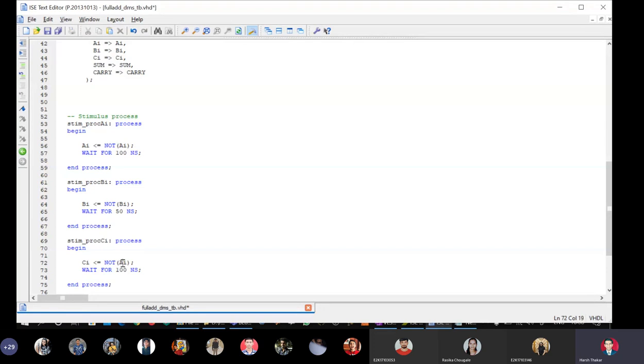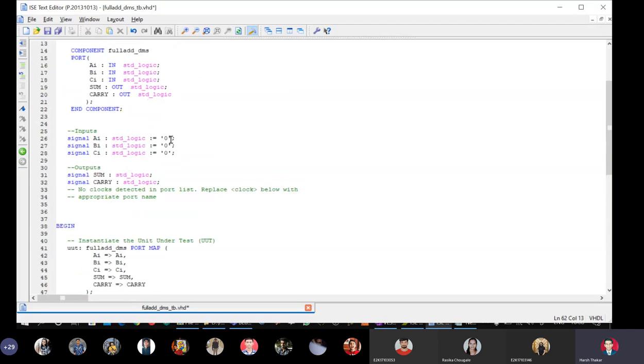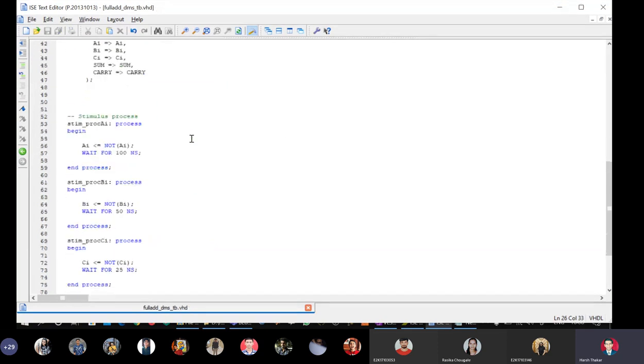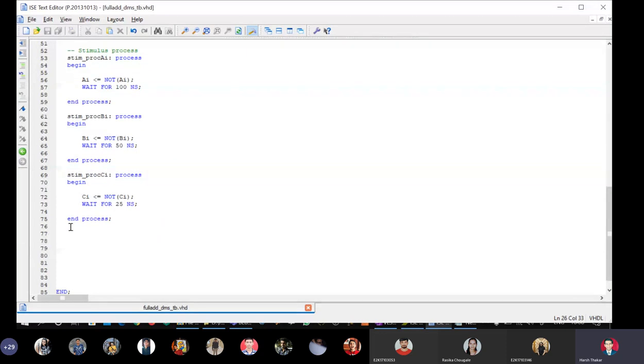CI gets not of CI, and change this to half of the previous one, that is 25. And up here I will initialize AI, BI and CI to 1, 1 and 1. Control S. I think I've written the process for generating all the inputs to the full adder.